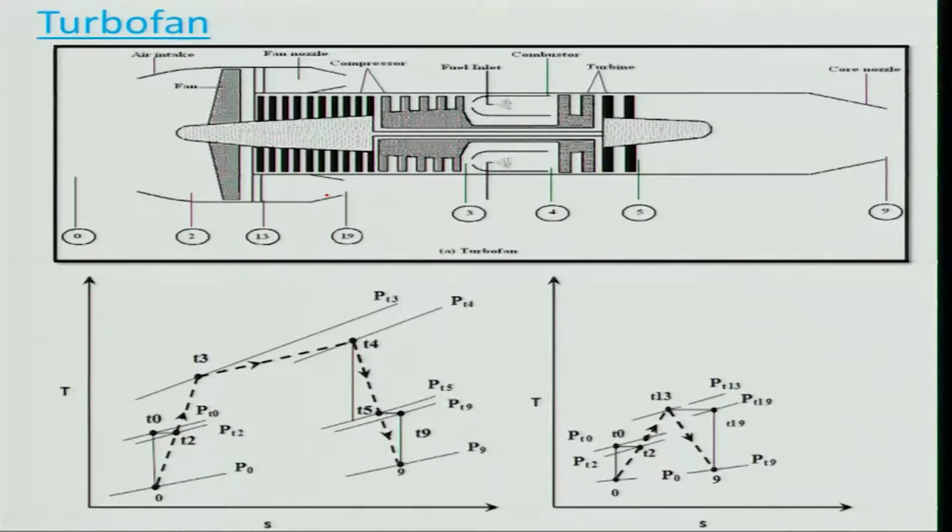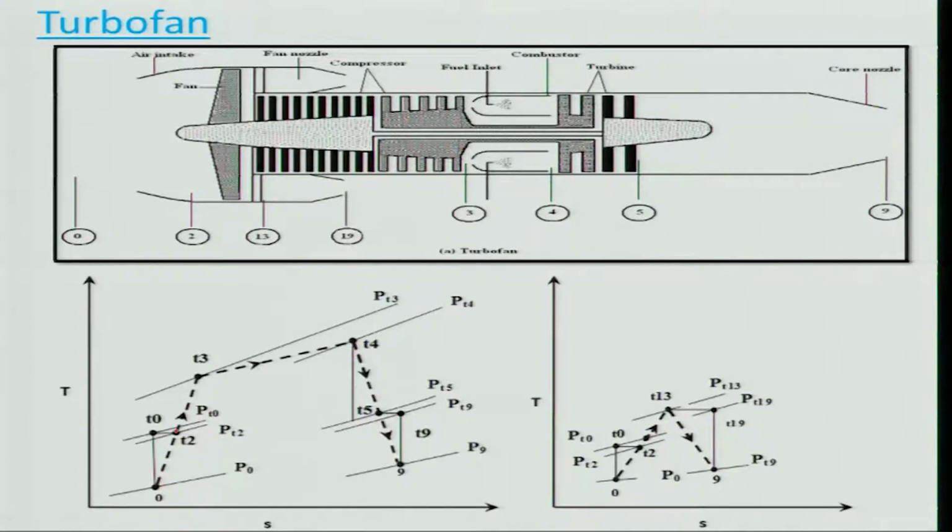The pressure ratio across the compressor multiplied by the fan ratio will give you the pressure ratio due to compression, right. And 3 to 4 is your combustion chamber, 4 to 5 is your turbine, and of course, 5 to 9 is your nozzle, right. Basically, it is 7 to 9, but this is a tailpipe which we need not worry about, nothing is happening here. So, the processes in the TS diagram, this is for the core engine, the left hand side figure,